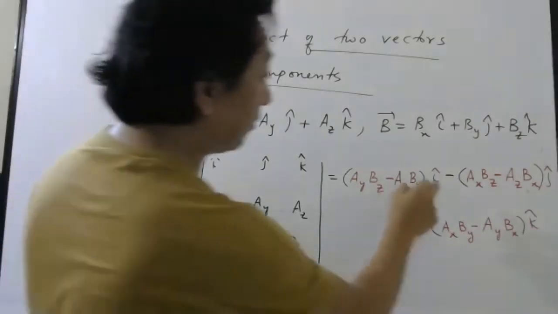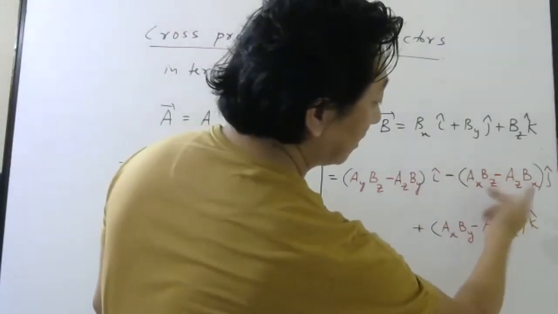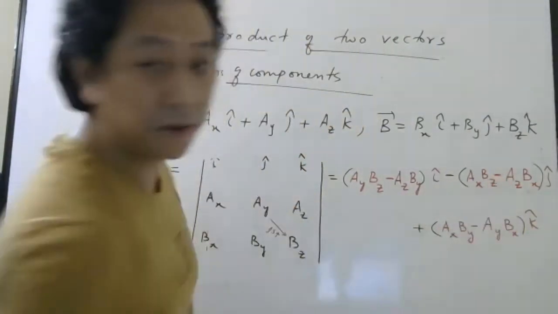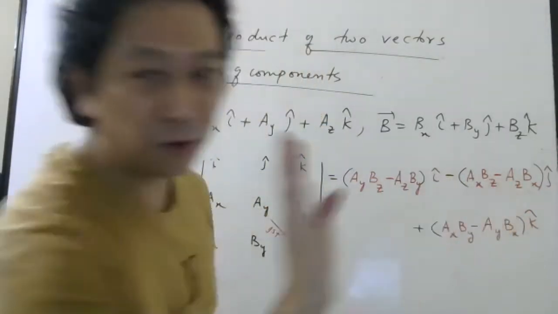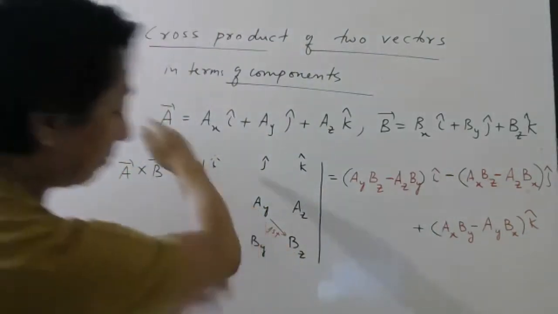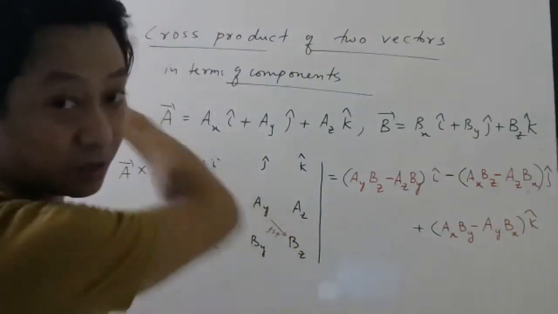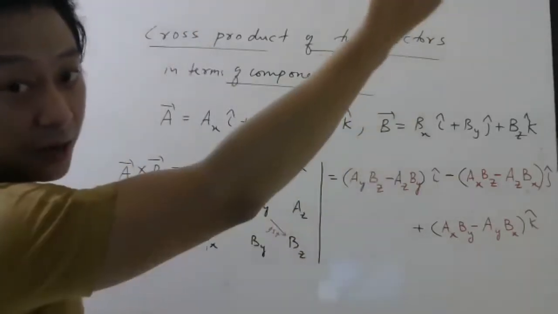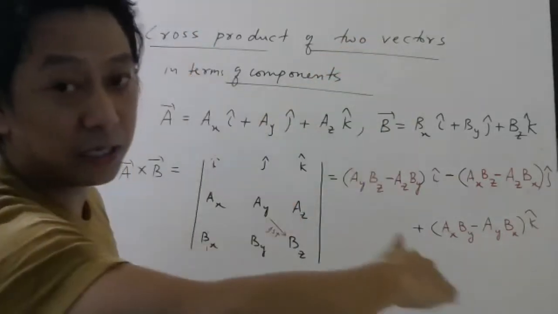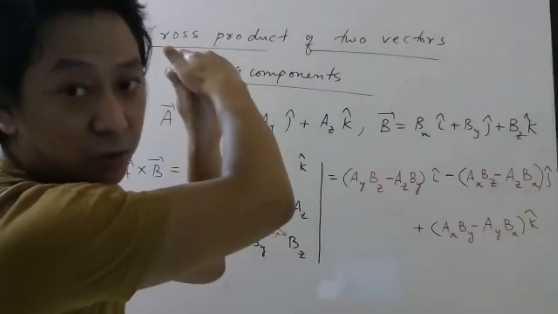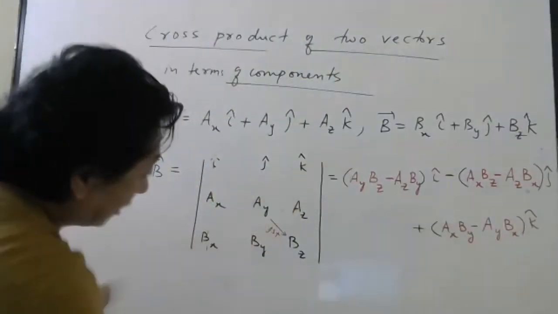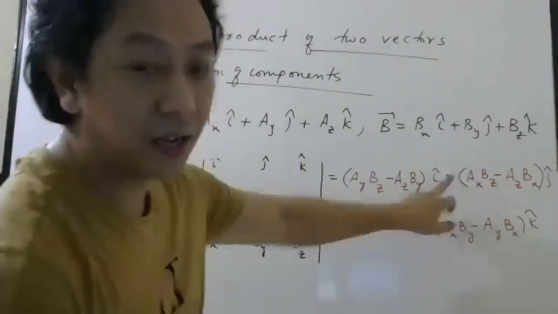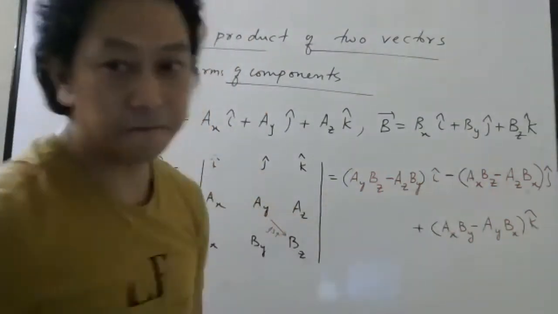In the material, if they have written plus here, then you have to interchange this. But I don't want to do it that way because it is better to remember to multiply this way first. So multiply this way first, then minus this way, so that I want it to be constant. So let us multiply these two numbers first. Otherwise, for this part, you have to multiply this one first if you want to write plus here. That is why it is better to write minus here and keep multiplying this one first.